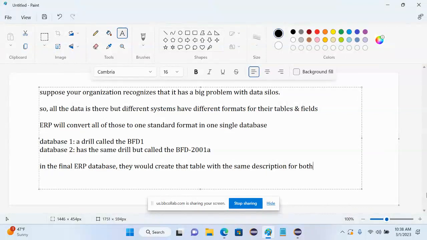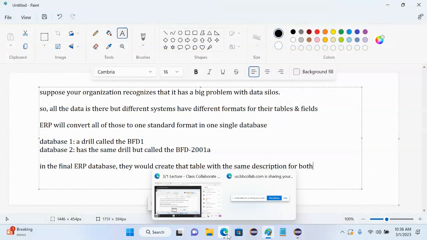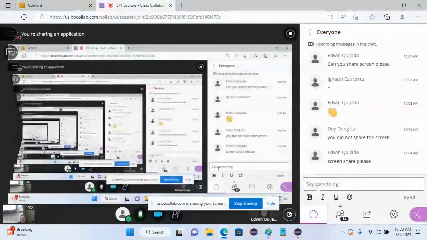So again, depending on how big your database systems are and how complex the fields are and how many databases have tables and fields that the others don't even have, this can be a fairly simple and painless switch to being kind of a nightmare. And it's why it did often cost hundreds of millions of dollars back in the day. All right. But that's the basic idea with ERP.